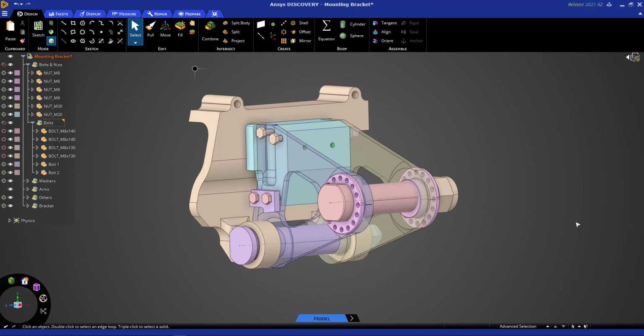Hey everybody, welcome to part 2 of this tutorial series on geometry prep for a structural simulation. In this video, we're going to be focusing on repairing this geometry, doing some defeaturing, and basically cleaning it up to transfer to Mechanical. So you may see that there are two bodies, specifically this arm and this arm, that